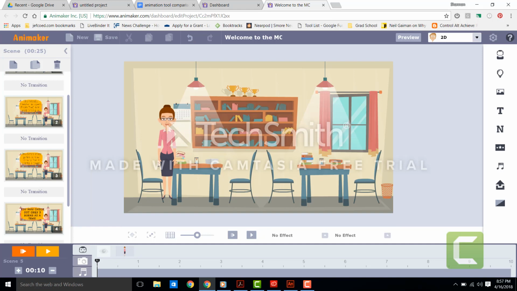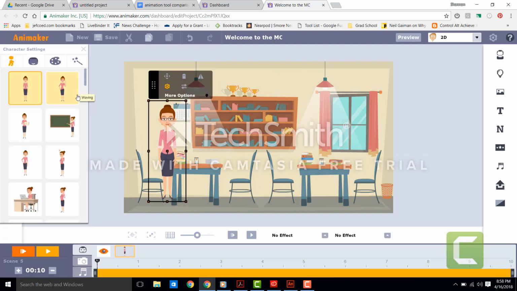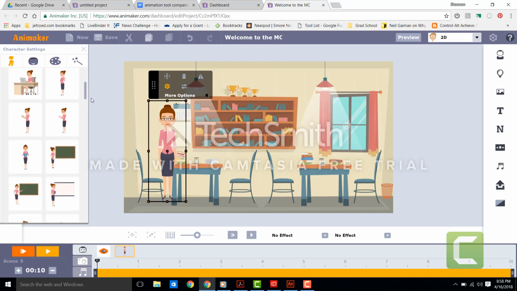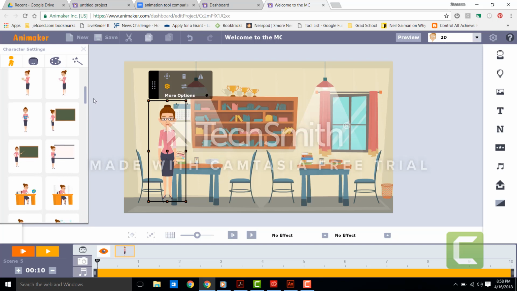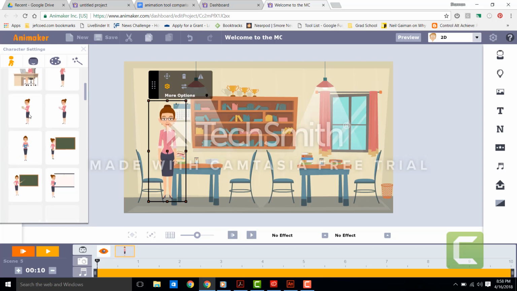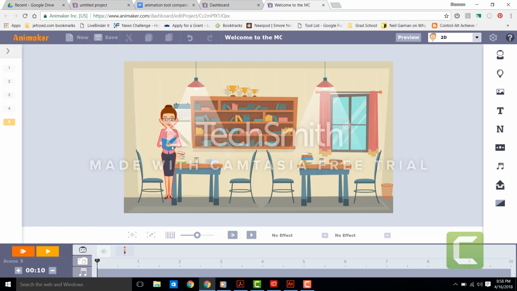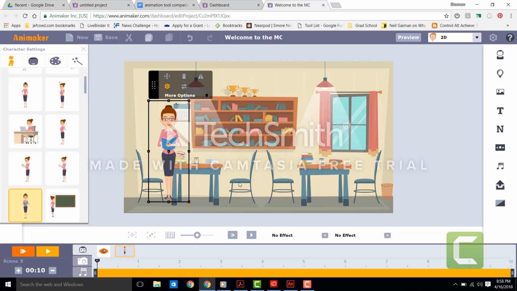And I can close that. I can click on my sweet librarian and I can give her effects. Before, she has been reading a book. And so now I want her, actually she's going to do checking attendance. So she will be checking attendance. And I want her to, we're going to let her